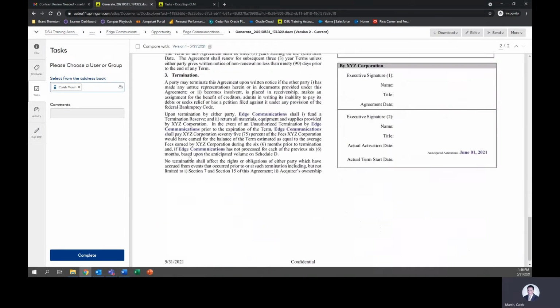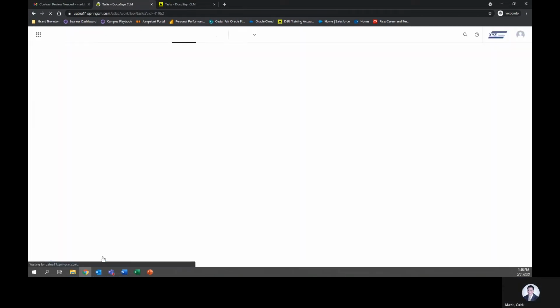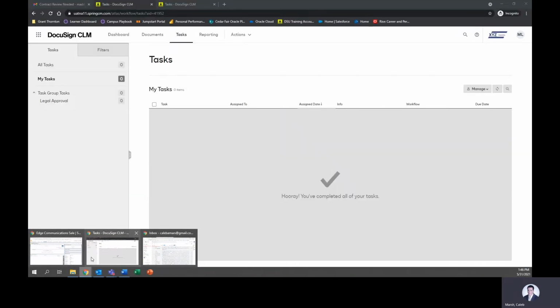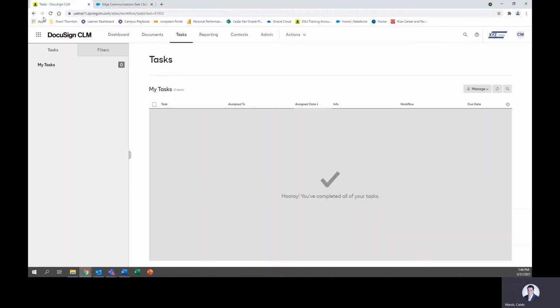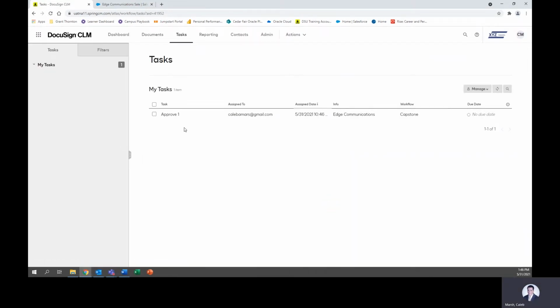We can add a paragraph from termination. Complete. And now it was sent back to the salesman, so we're going to switch back over to that persona. And as you can see, it shows up in our tasks. So when we click on approve,